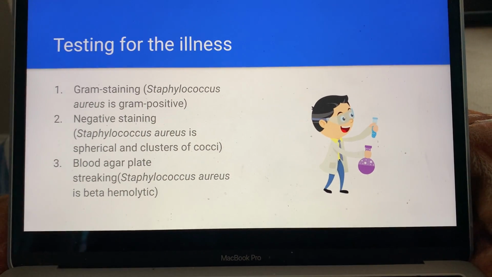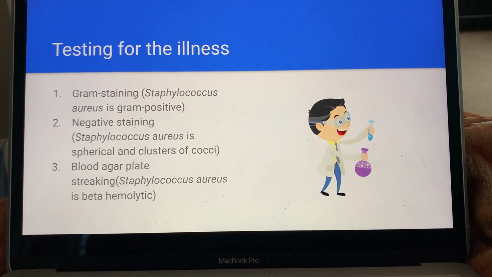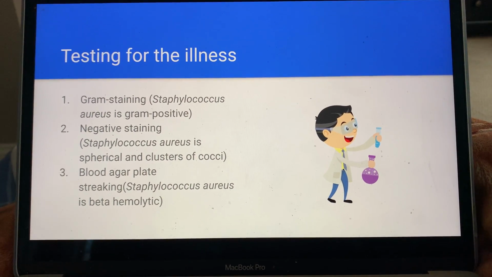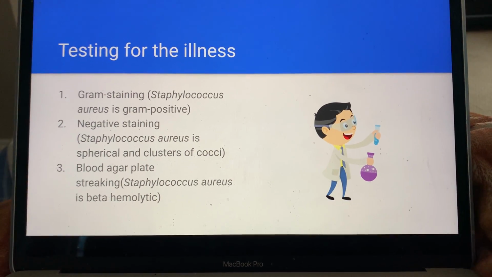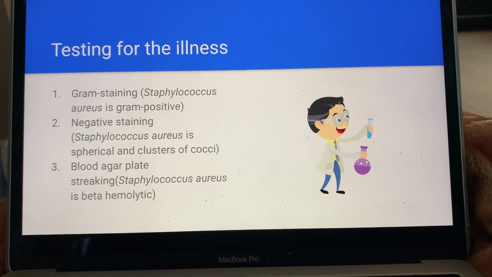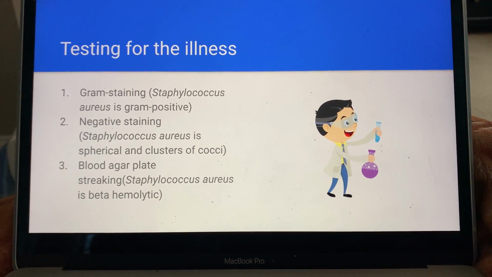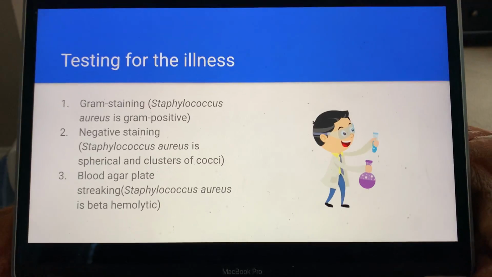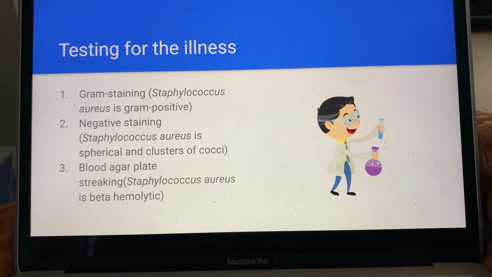Next I will do the negative staining, because Staphylococcus aureus is spherical in clusters of cocci, and that is another thing I can look for. It'll be a black background with white clusters, and that will help confirm. And then finally, I'll do a blood agar plate streaking. Staphylococcus aureus is beta hemolytic, so that'll be a different look on the plate. It'll have some little colonies that have rings around them, and it's more of a yellowish color. If all of these come back with my findings, I can confirm that it is Staphylococcus aureus